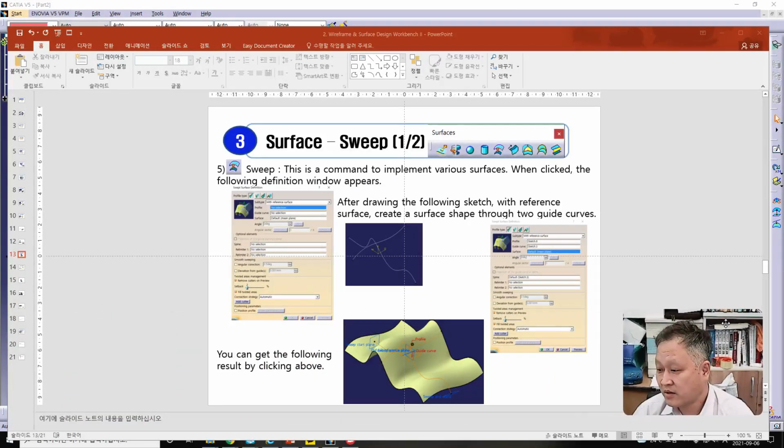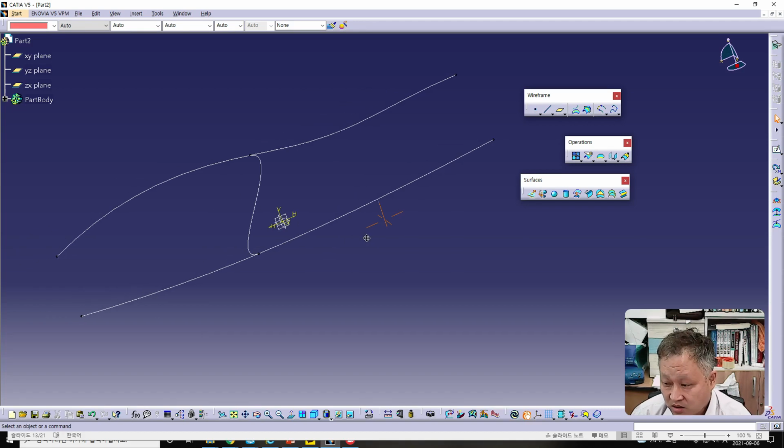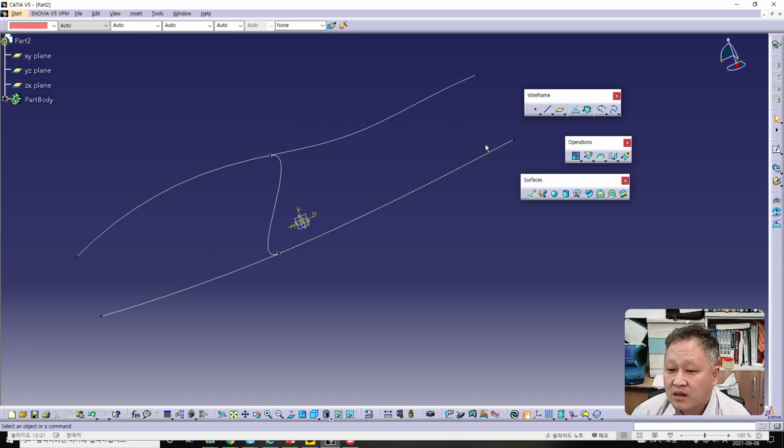Hi everyone, I will show you and explain about it, continuing from the previous lecture. In the previous time I explained about sweep surface like here. Therefore I made the two guidelines and one profile like this. Therefore if I select the dialog of this, the